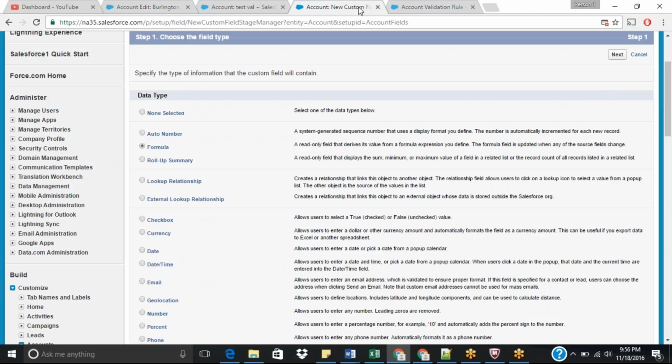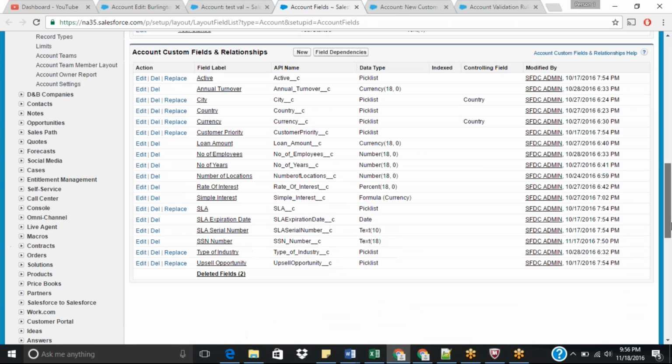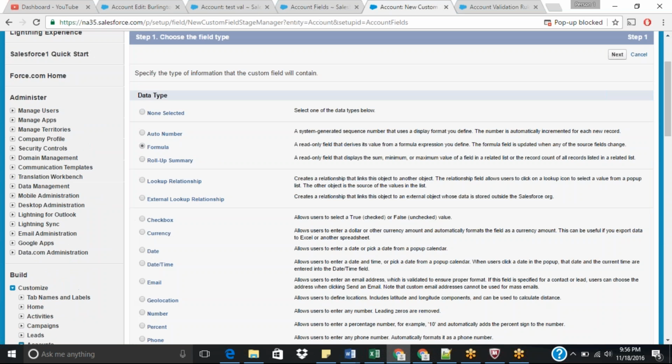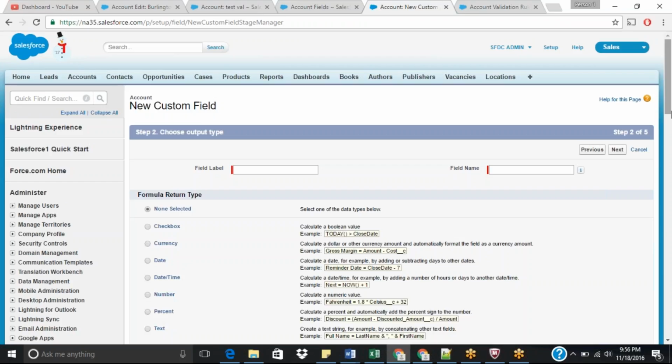Okay, see here. Let me check whether we have that field already. Right, we have already created this field, but anyway, forget about it. I am going to create one more new field. Right, go next. So take the field label, write field label. So what I do is,